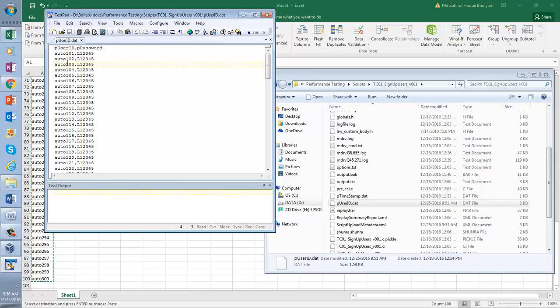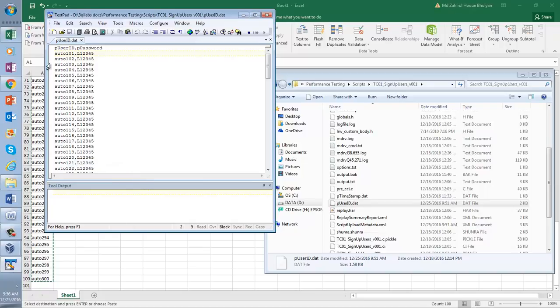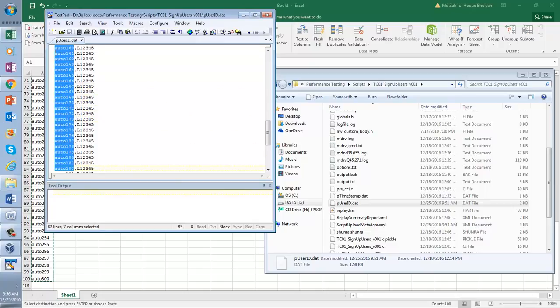Let me show you one way here. Remember, this is a very useful way. So you right click here. Can you see block select mode? You select block select mode, and now if you select block select mode, can you see?